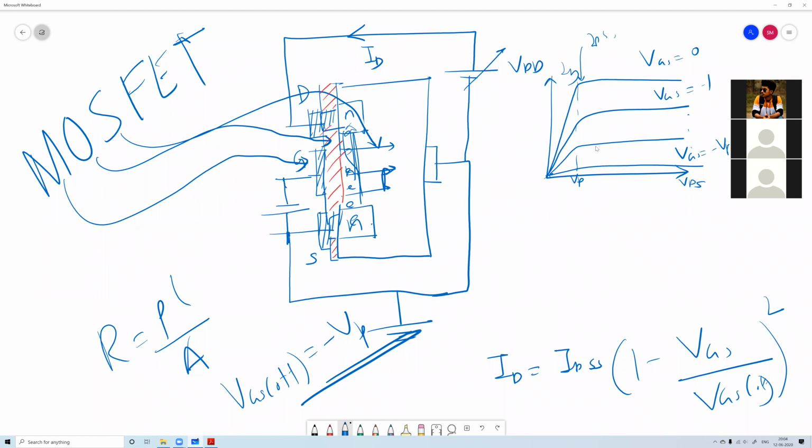Because of the early effect, less recombination takes place, which will decrease the base current. Very good. As beta equal to IC by IB, a decrease in base current will cause beta to increase, which will increase the collector current. But my point is why this thing will not happen in the common base. The base current is decreasing, the collector current is increasing, same thing is happening. This effect happens in both common base and common emitter, but you will find the common emitter graph much steeper than the common base. That's the question, why.